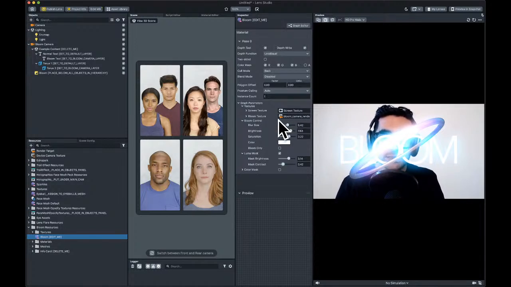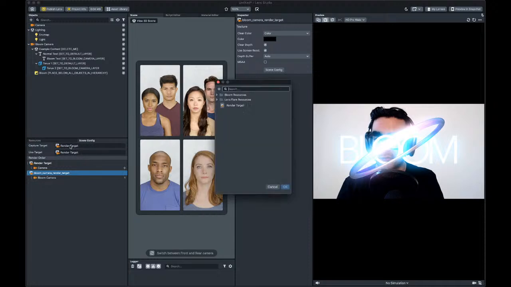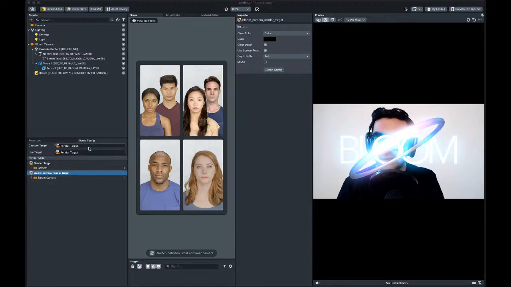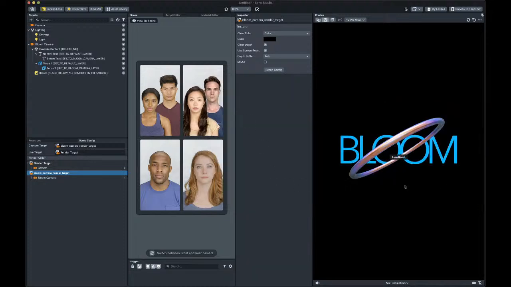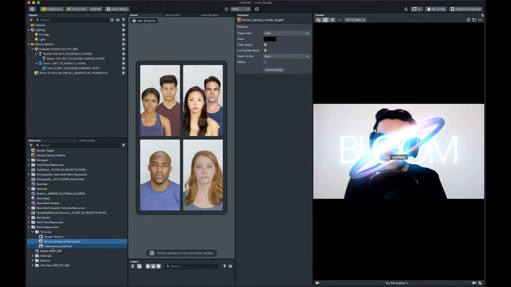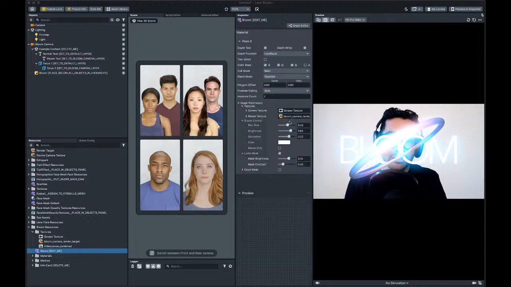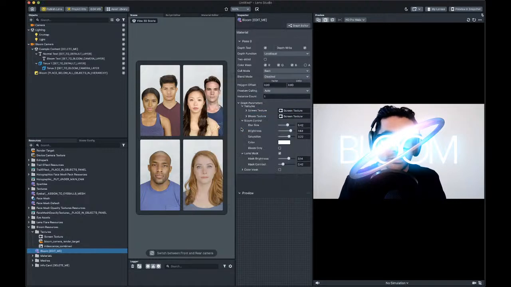You can see it's also using a bloom texture, which is a render target. If you want to see it, we can go to the scene config and look at the render target to see what it's rendering. It's rendering those images and applying the blurring and all the bloom effect on top of that. Cool. And I think in here, if we add it to the screen texture,